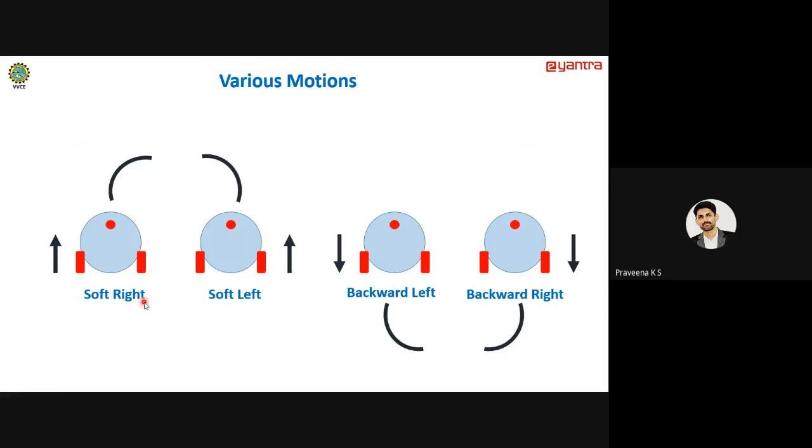Only two directions. So based on the input that you give to the wheel, it will move either forward or backward. If you set this pin as 1, it will move forward. If you set this pin as 0, it will stop. Then if you set the other pin as 1 for the backward direction, it will move in the backward direction. Fine. So only 4 controls are there: for the left wheel, moving forward or backward, and for the right wheel, moving forward or backward. Based on this, we can control the direction of the robot. Clear? Yes.